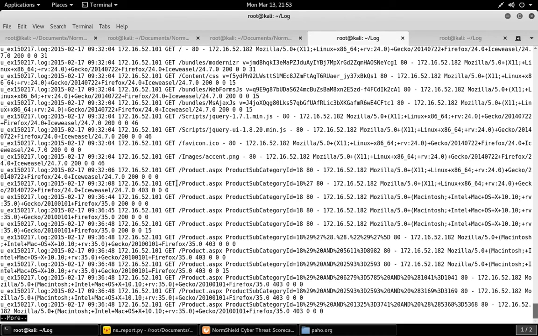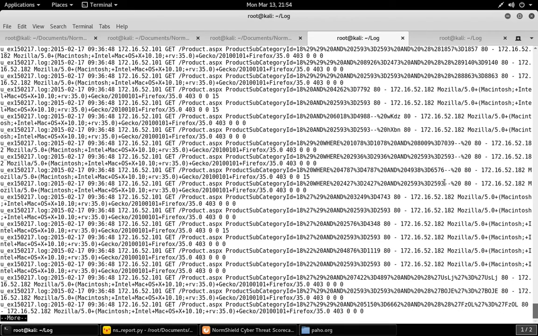So as you can see, guys, it's looking for product.aspx here, and now here is where the interesting part starts, right? So he was looking for product ID 18, and then notice the query string here, right? The query string is something strange here, and if I continue, I'm gonna see something really strange here, right? So what kind of attack is this? It's obviously a SQL injection if you guys are familiar with URL encoding. So this thing is actually a URL encoded